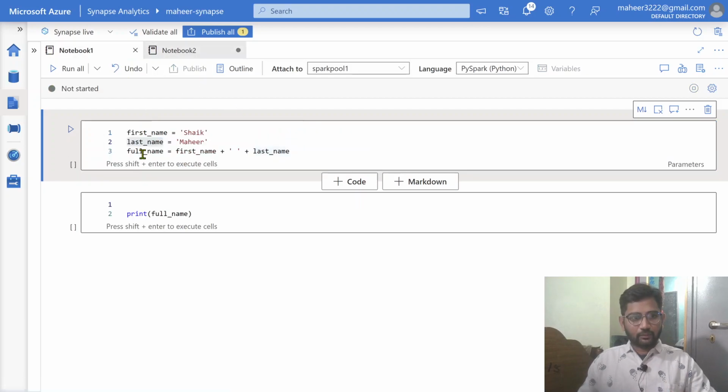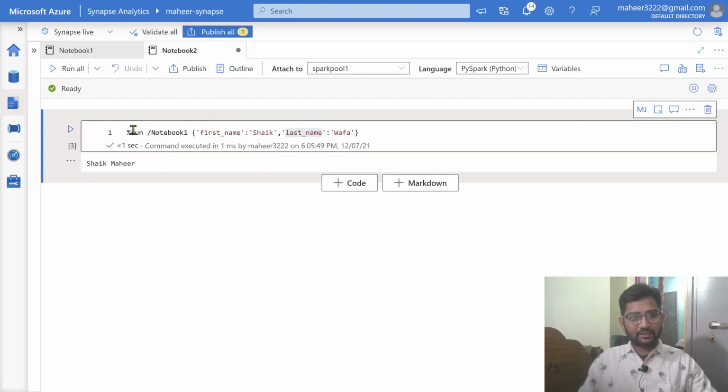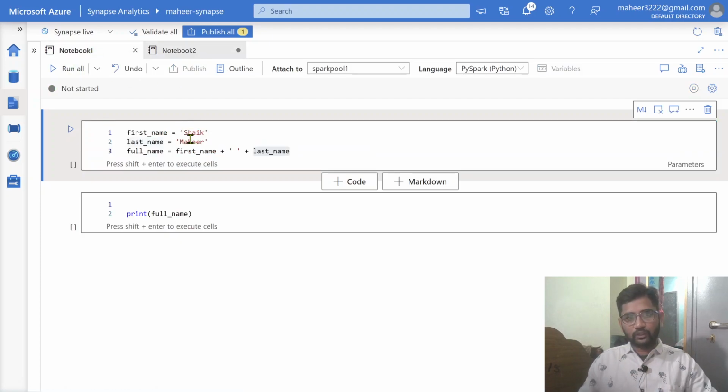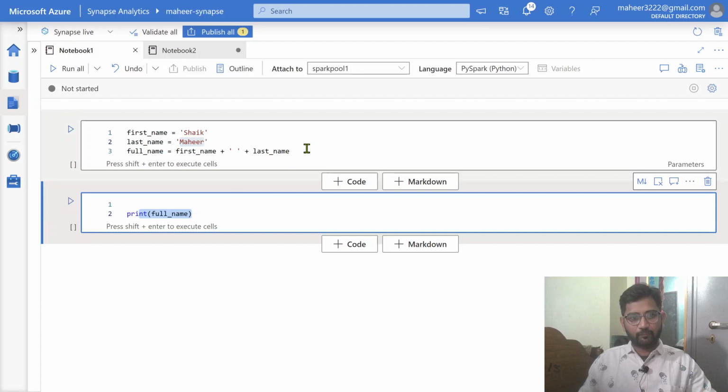But there is another variable called full name. Even this full name is going to act as a parameter. Again, here you have one variable called first name, and here you have one variable called last name. Even these variables are going to act as parameters. But as per the syntax of your run command, you are not supplying values for all the parameters. So automatically, this notebook is going to consider all the default values for the execution, and according to the default values it is going to print Sheikh Mahir only. So that is the reason